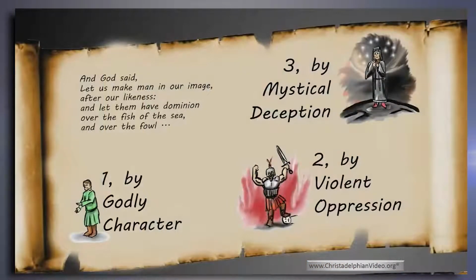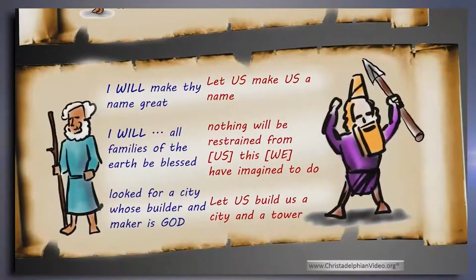Okay, now what we're going to do for a bit of tonight is follow through, and this is massively summarised, some of these empires in the Daniel 2 thing and how they actually employed these different methods to control the masses, to get what they wanted. So this is a book on how do I get what I want in life 101. Okay, so first of all, there's a great example with Abraham and Nimrod.